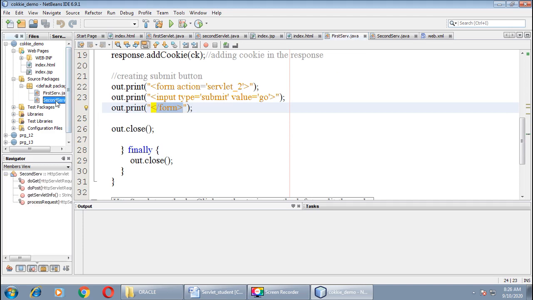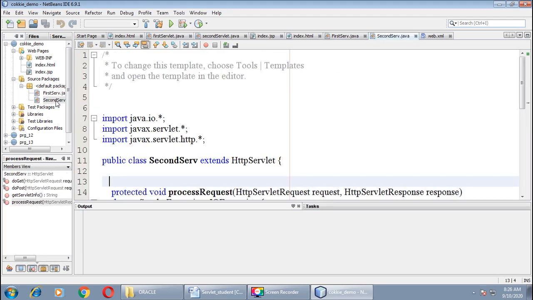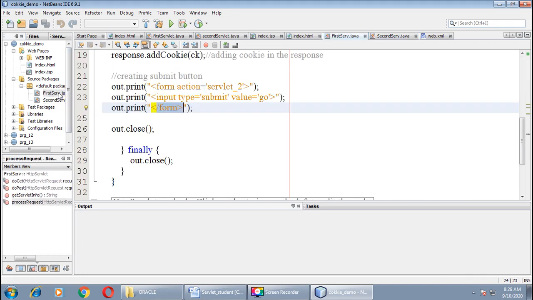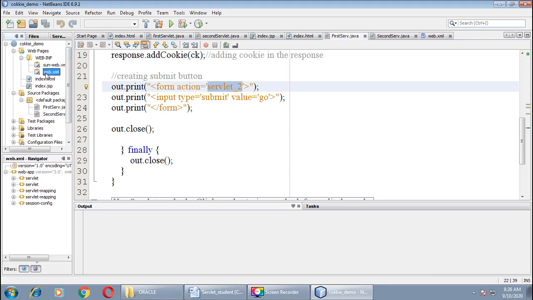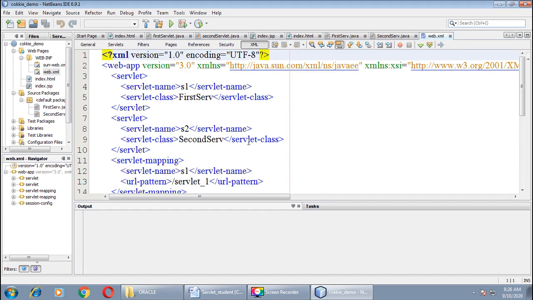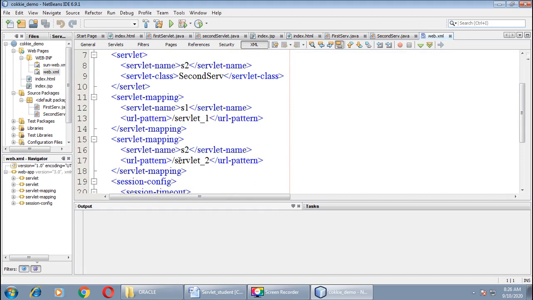Now the second servlet we will define. Before we define the second servlet page, let us move back to the first servlet. Here our action is servlet2, right? So in the web XML file you can find the servlet pattern servlet2.